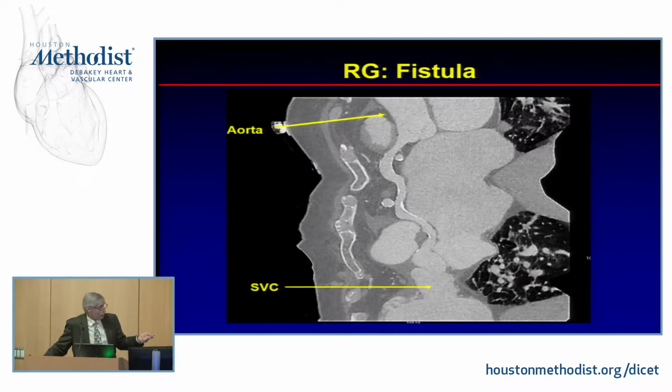So here's the aorta, and this is now tracked out nicely. So you can see here's the aorta, and this is the fistula coming down this way. The right coronary is here, and it's coming down into the superior vena cava. So this was ultimately plugged